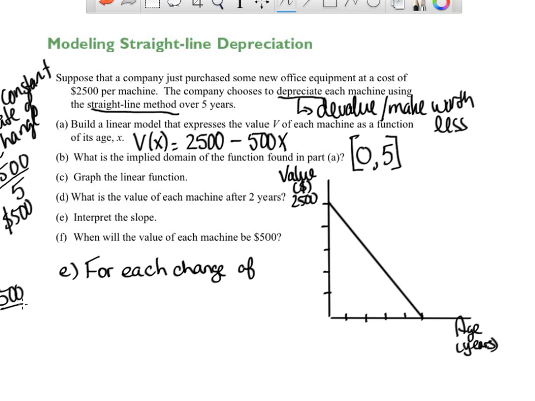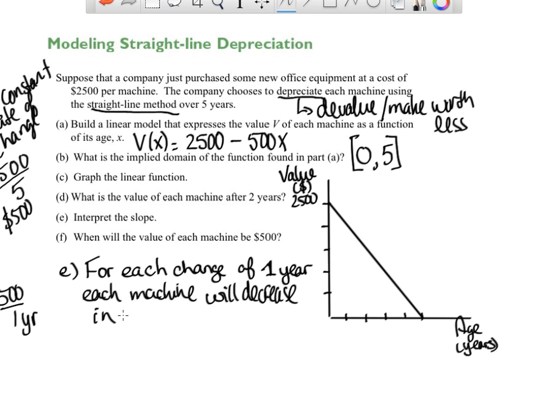And think about it as 500 over 1. This was $500 per 1 year. For each change of 1 year, each machine will decrease in value